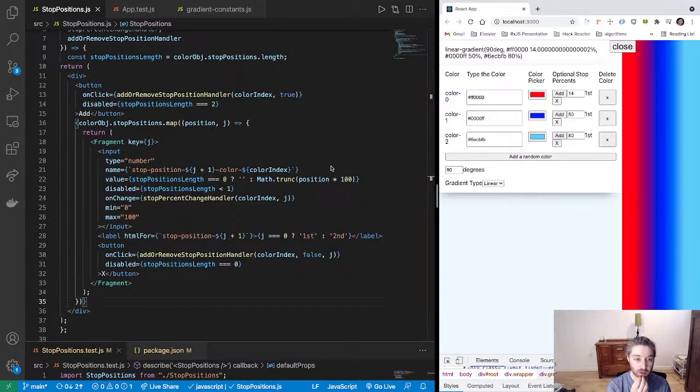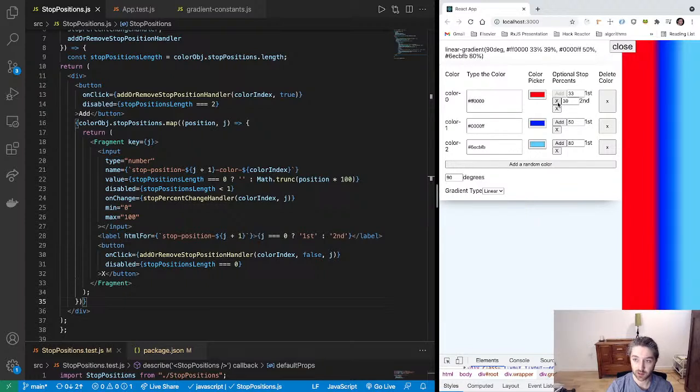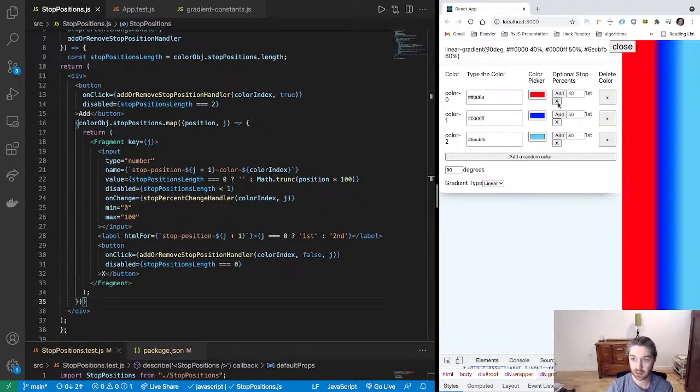So this could be, like, displays the appropriate number of stop position input fields. We could do displays the appropriate number of stop positions, and then